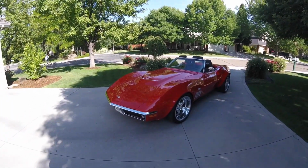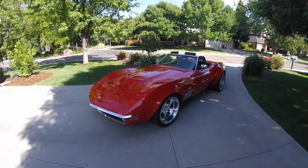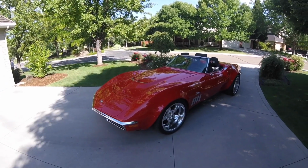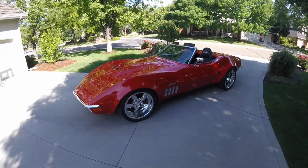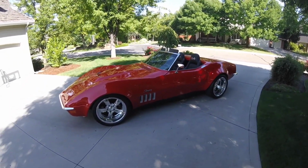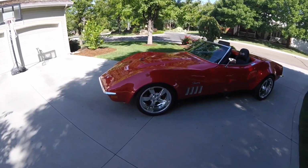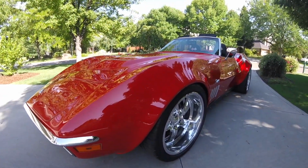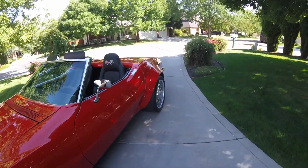The fender flares come from a company called CIC Corvettes, Custom Image, and Josh was instrumental in getting this car built. He has a lot of knowledge on all the pieces and parts that go into making a Pro Touring car, and in fact a vast majority of the components on this car came from his shop. So you can see the 2-inch flares in the front, and then we went to 4-inch flares in the back,